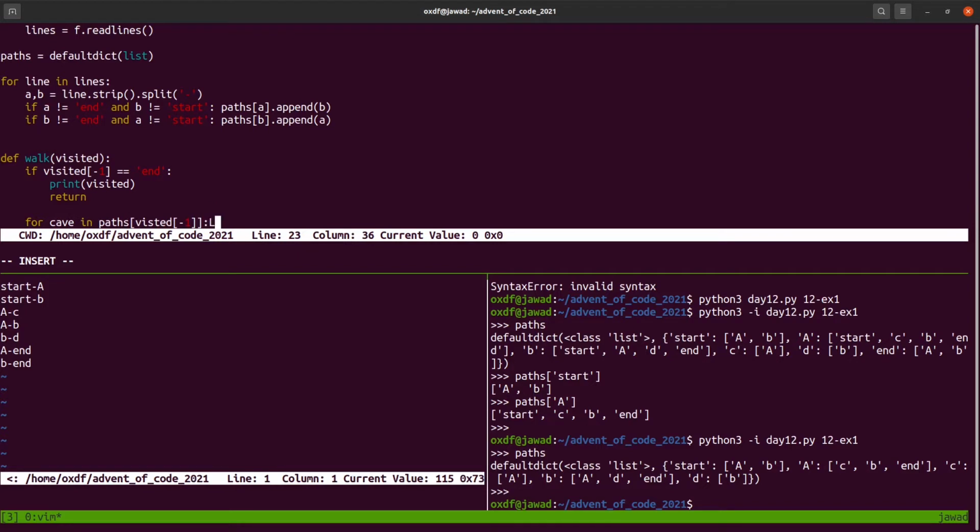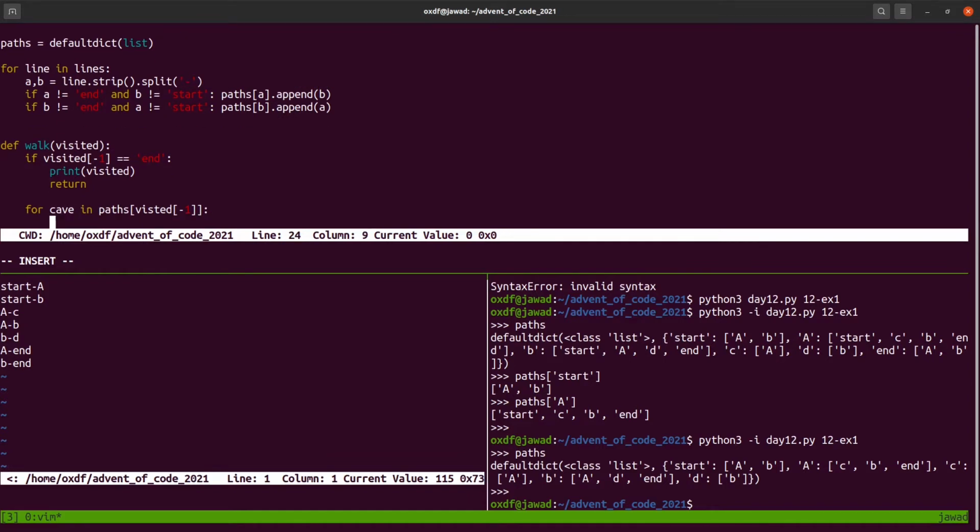I get the last cave on my list, and I will see where can I go next. And I'll loop over each of those options. And so what I can do now is I can say, if not cave in visited, that means I haven't gone to the cave yet, or